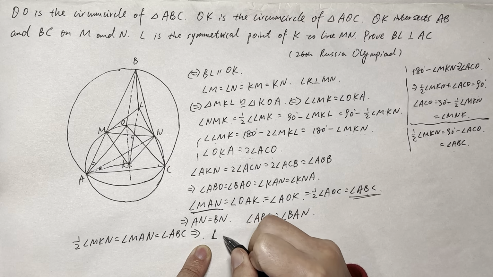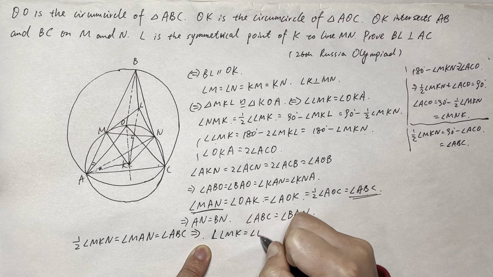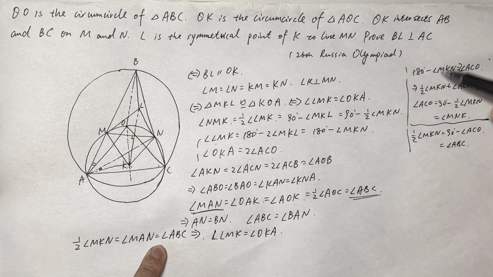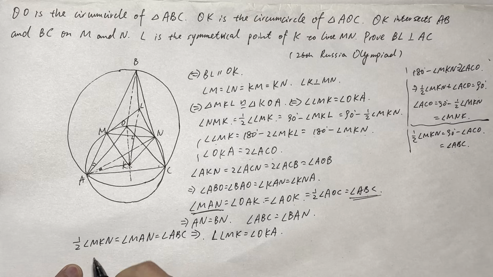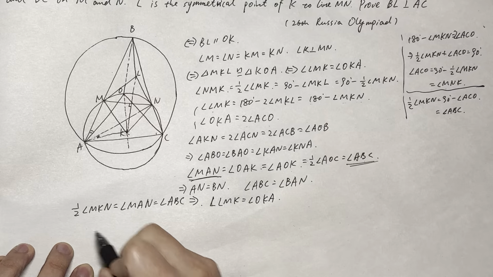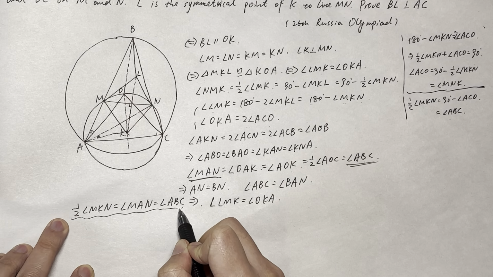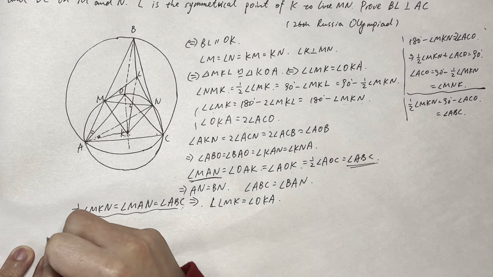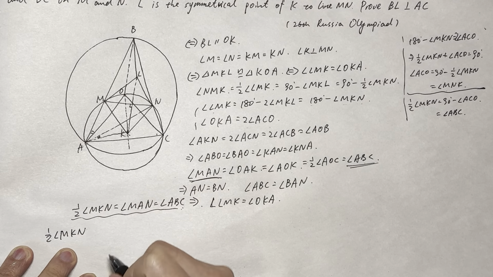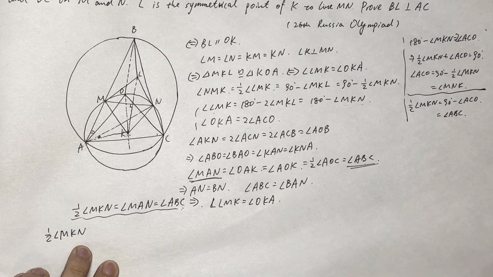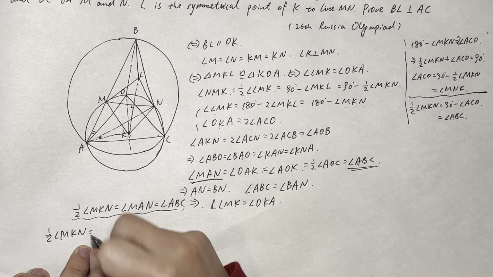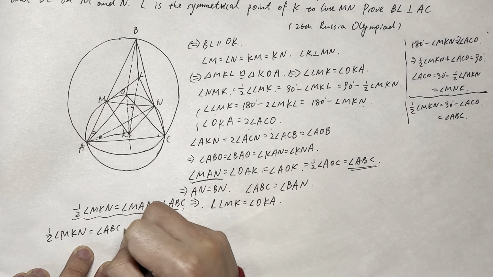these two. The angle LMK equals angle OKA, right? Because all of these can be reversed, right? So let me just write it down here. Okay, think about it, we already proved that this is valid. So half of angle MKN equals angle ABC. Then